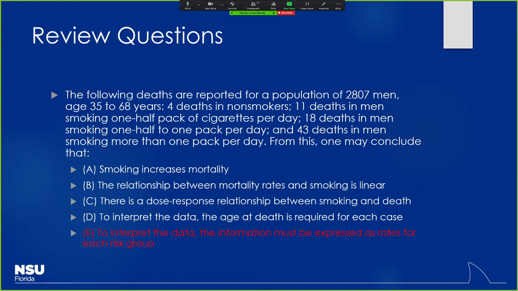But also the other thing to consider too, do you think more people smoke like a half pack to a pack per day than the total number of people who smoke, say, more than a pack per day? Probably at those higher dosing ranges, you find fewer and fewer people. So we know smoking increases mortality, but in this case, we can't really tell off the information without having better definitions of our groups, right?